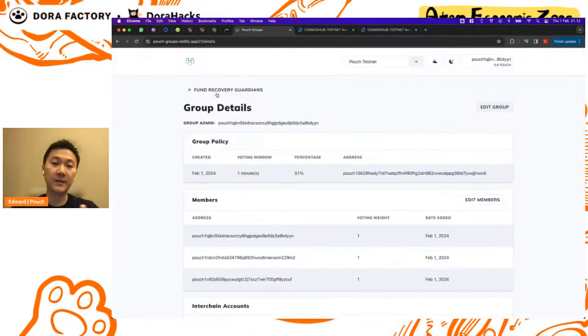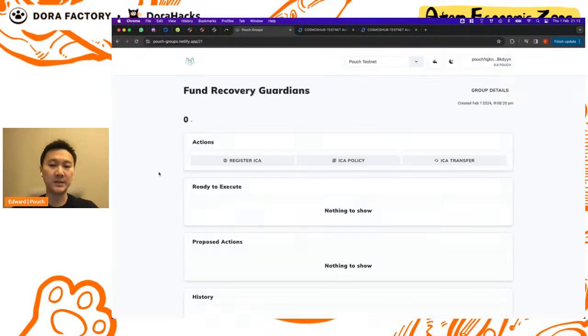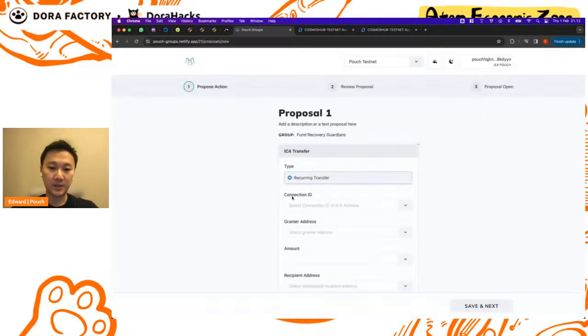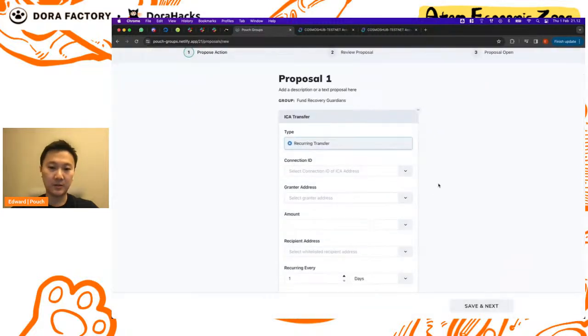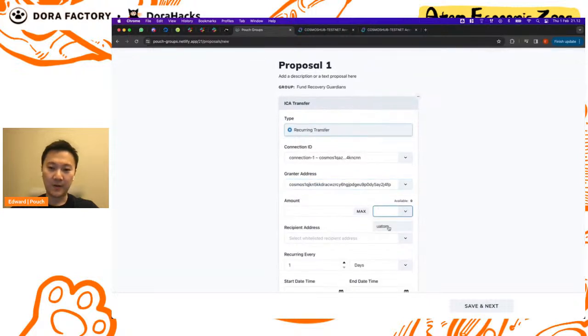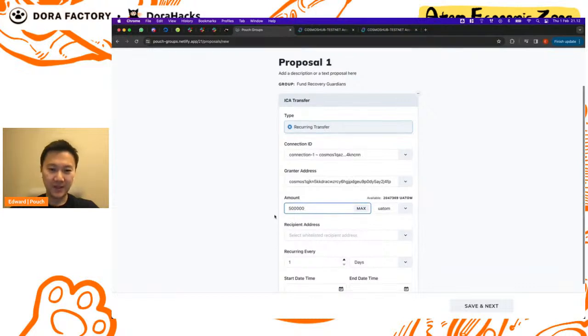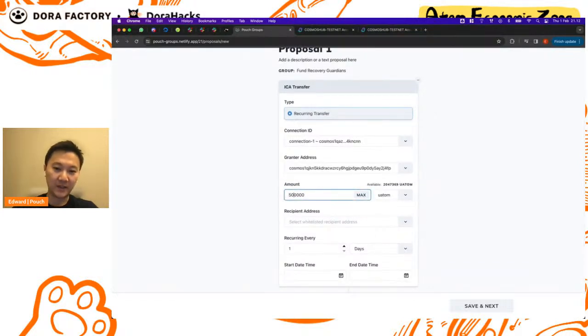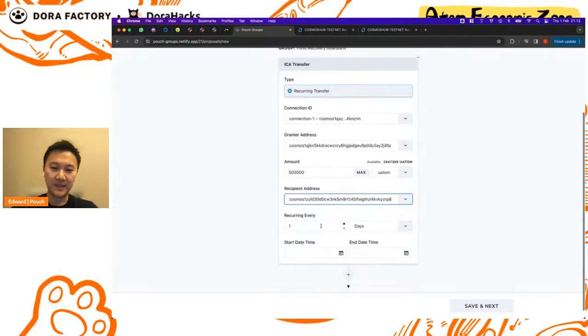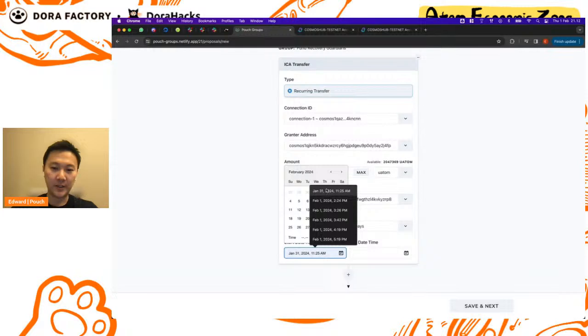And that's set up. So the final step is to initiate the fund recovery process. In technical terms, it would be a recurring transfer in this case. And so we're going to set up this interchain account. This is the account that has the funds, where there are currently around 2 atoms. So we will send half an atom. Yep, half an atom. Sorry, I feel like I'm going blind. Okay, half an atom. We'll be sending it to this whitelisted address, and it will be sent every day starting